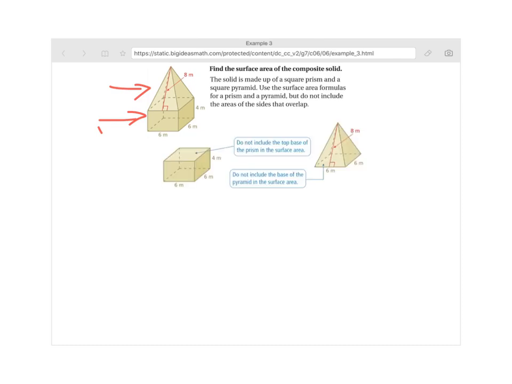Sorry, I couldn't get it to go through. This is talking about, and again, the base of the pyramid we're not going to include for the surface area either, because that's on the inside. So let's look at starting the